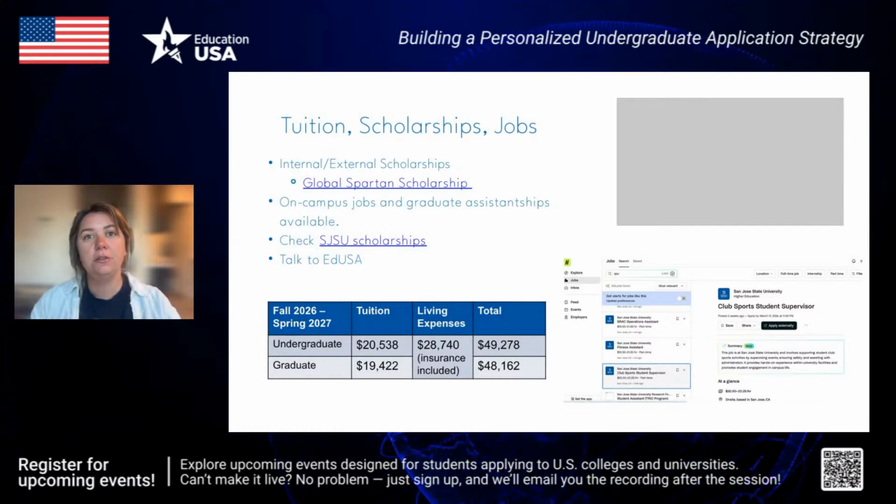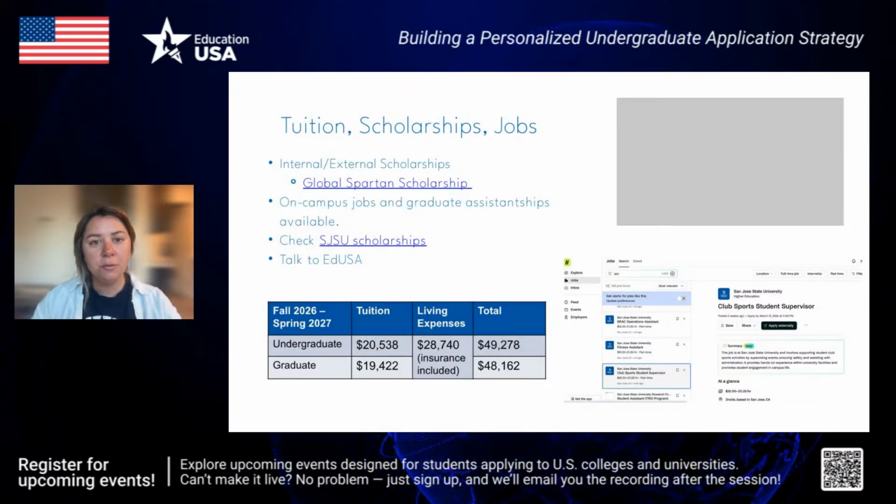If this is really your dream and you're coming up short in any aspect, I would say that's where Education USA comes in. Maybe they can help you out with learning about what some scholarship opportunities there are. I know that in certain countries like Uzbekistan, for example, there are government scholarships that you can apply for if you are selected and admitted to a university. So that is a great way to help pay for your education.